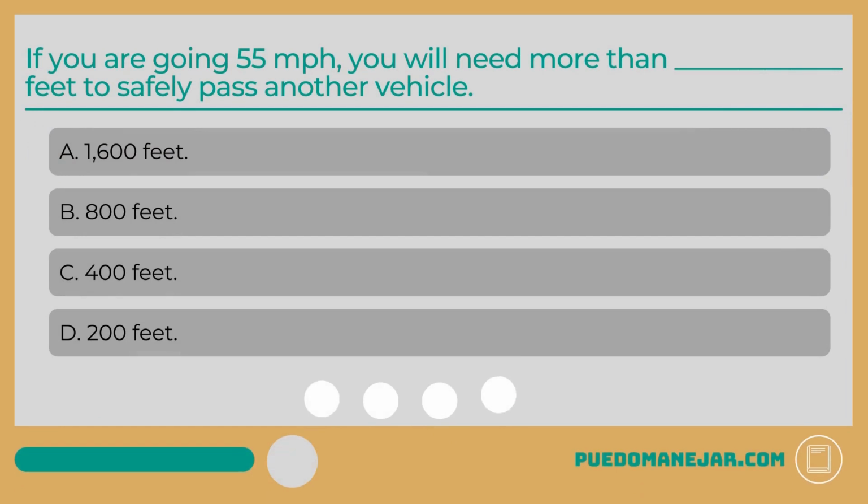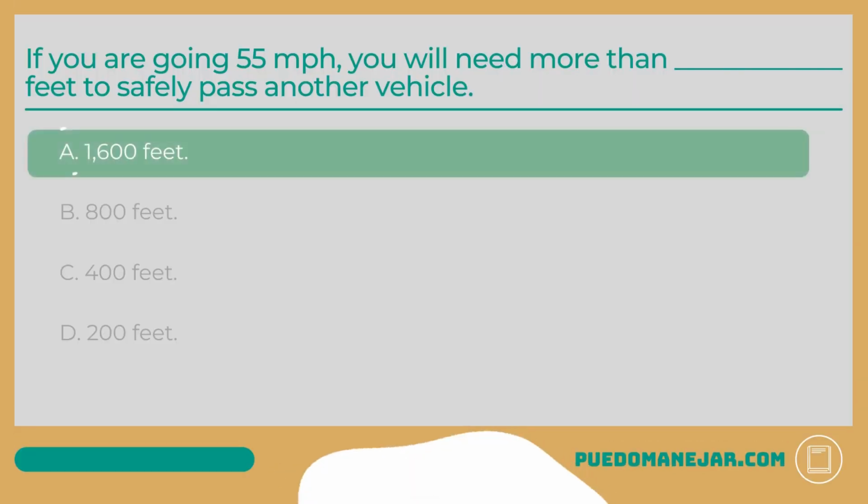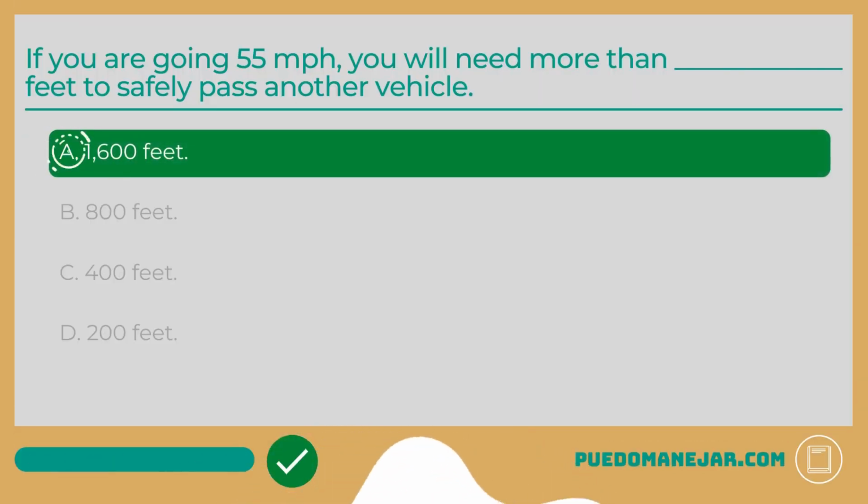If you are going 55 miles per hour, you will need more than how many feet to safely pass another vehicle? A. 1,600 feet. B. 800 feet. C. 400 feet. D. 200 feet. If you are going 55 miles per hour, you will need more than 1,600 feet to safely pass another